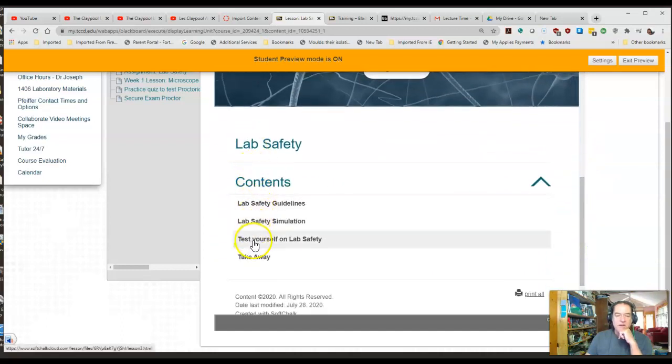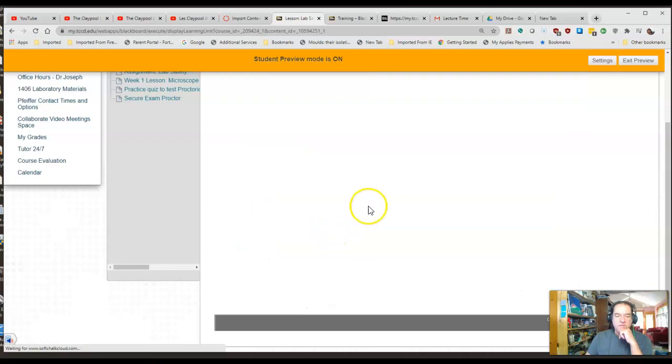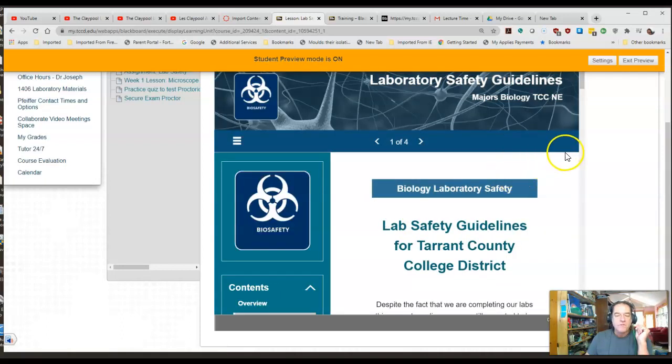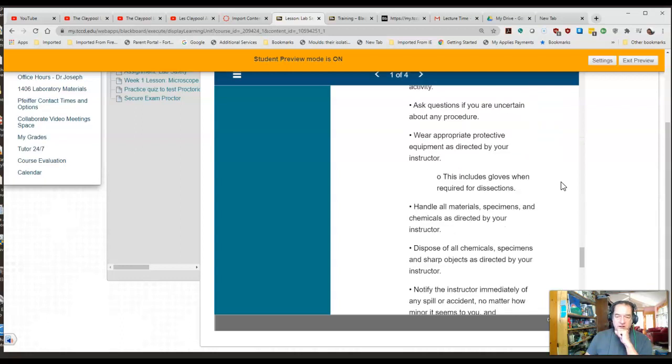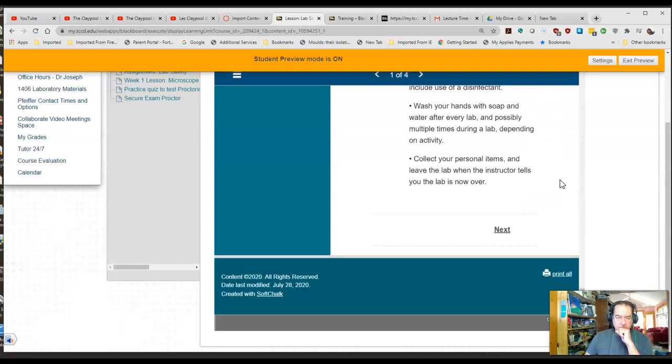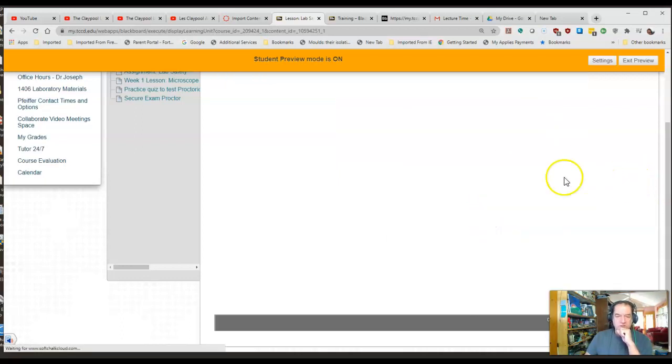When you get to the end, so there's lab safety information. A lot of this is as if we were having lab face-to-face. It's one of our learning objectives that's required for this course. So even though we're having a virtual lab, please go through this laboratory safety stuff about how to conduct yourself in an actual lab. It's still important. And so I'm just scanning all the way down through here, and I'll go to the next chunk, which is a bit shorter,